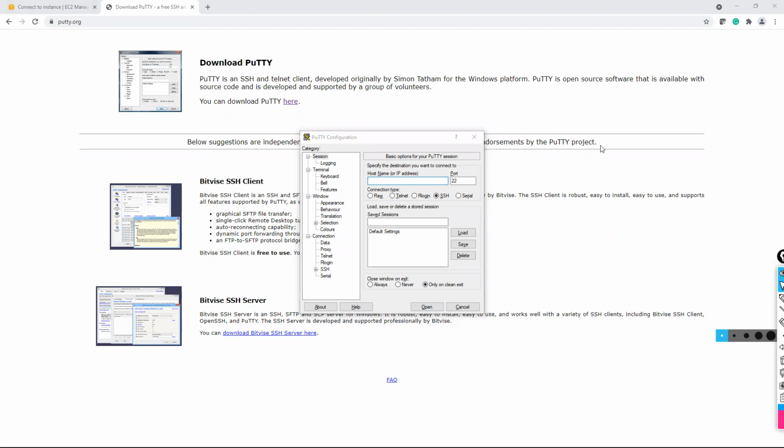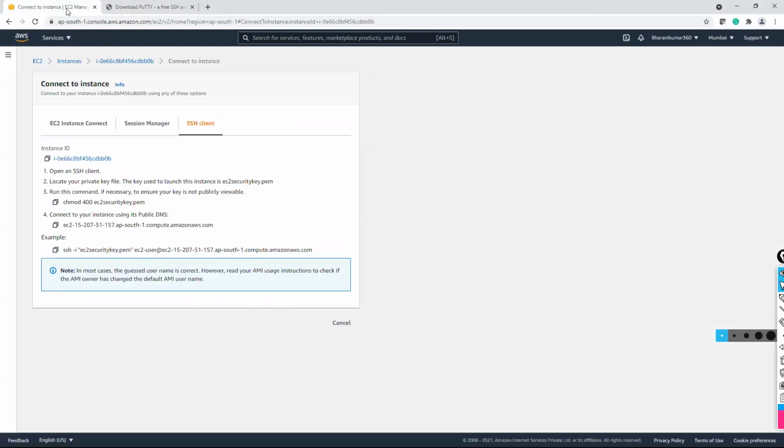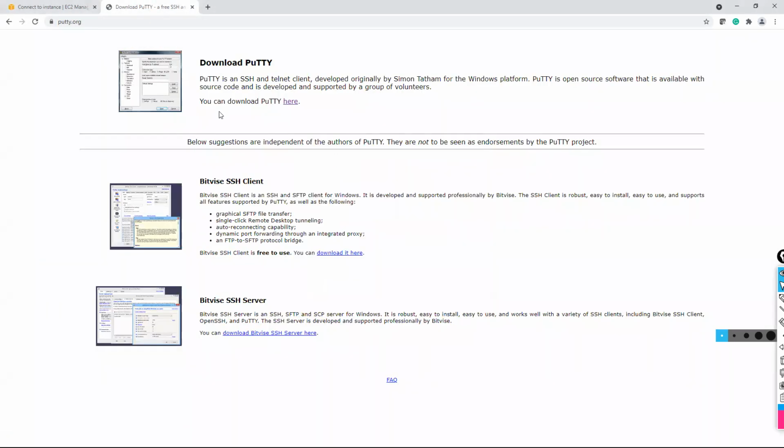And it's asking for host name or IP address. Come back to your EC2 dashboard. Everyone has PuTTY ready, right?